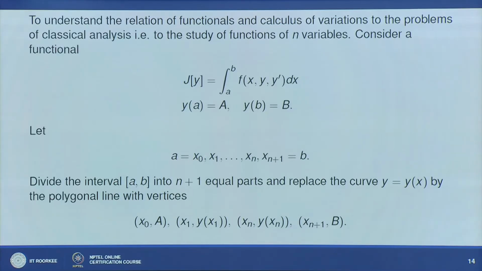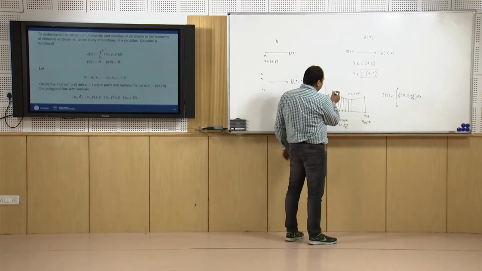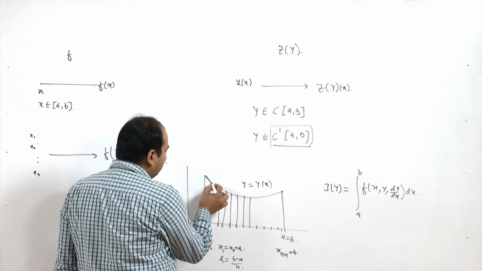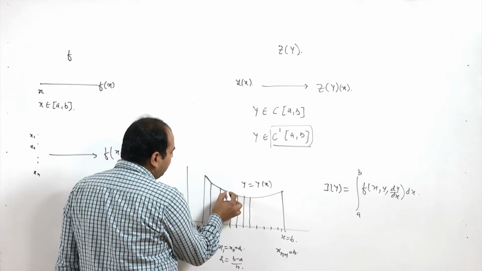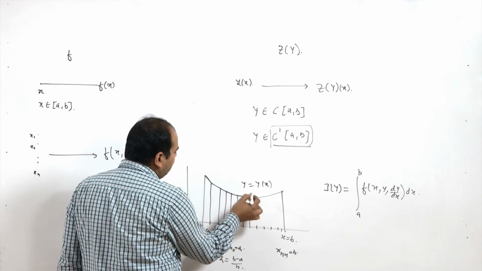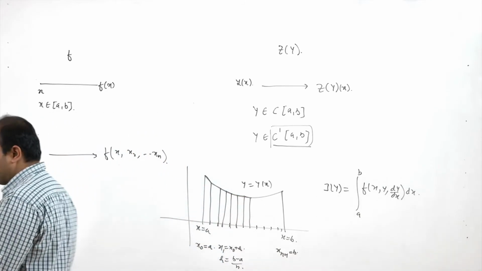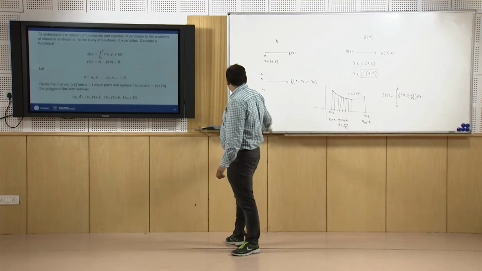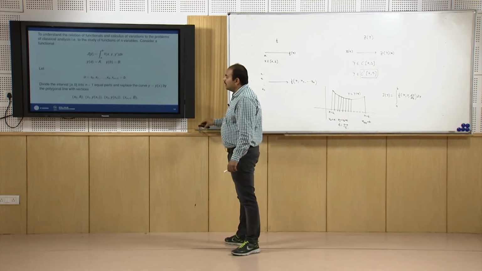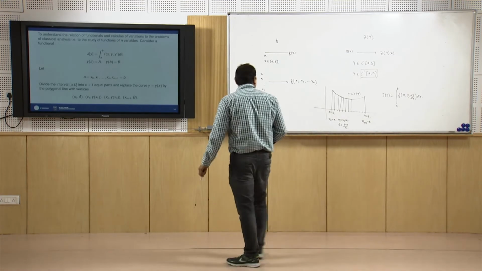So, we are dividing the length a b into n plus 1 equal parts and replacing the curve y of x by the polygonal line with the vertices. So, what we try to do here is replace this curve by these straight lines, these polygonal lines. Okay. So, we can approximate the curve by these polygonal lines, and the vertices are given by,